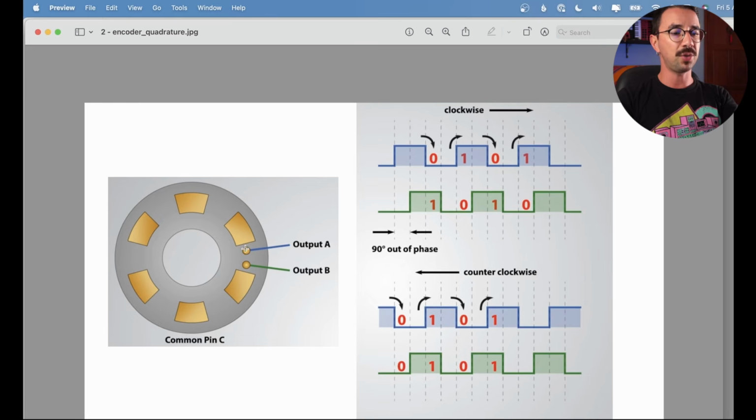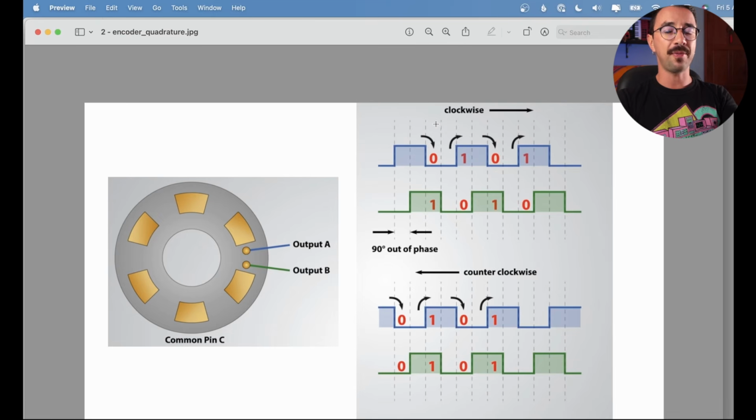This part will touch here, and this part here is connected to ground. So once it touches here, output A will be read high in the Arduino, while B will be low. Then, when both are touching, both will be high. Then it's going to go down. Output A will be low and B will be high, and then it will leave both low.